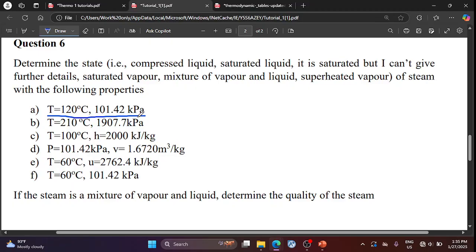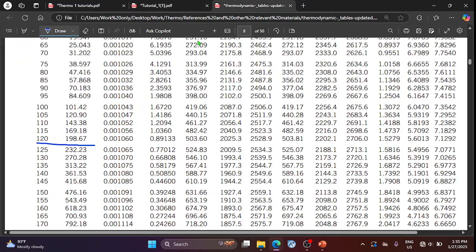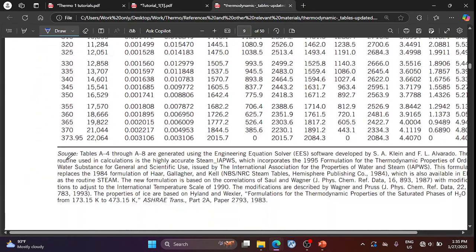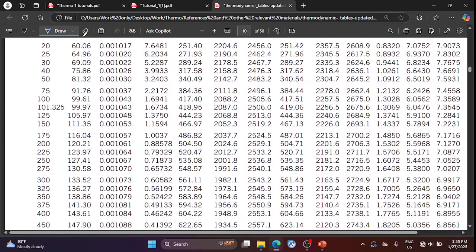We can also read this from the side of the pressure instead of the temperature. So let's go to 101.4 kilopascal. Realize from the table that we don't have a value for 101.4 kilopascal, but I have 101.325. It's quite close, right? So for the sake of this analysis, we would use that, but ideally we are supposed to do what we call interpolation. So I'll make a separate video and teach us how to do interpolation, right? But just for the sake of understanding what I'm trying to say, let's assume we are working with 101.325 kilopascal